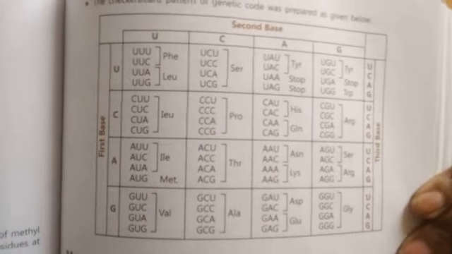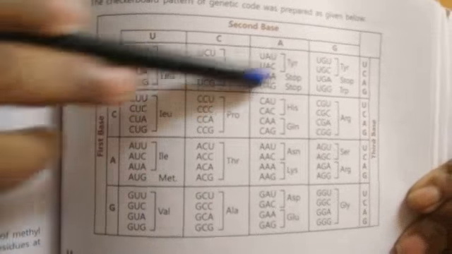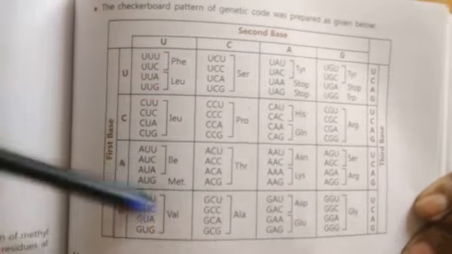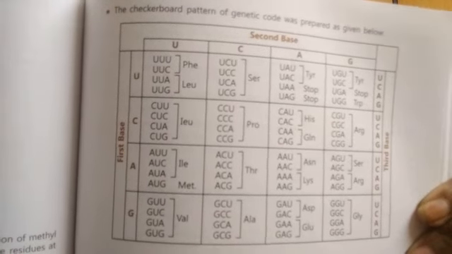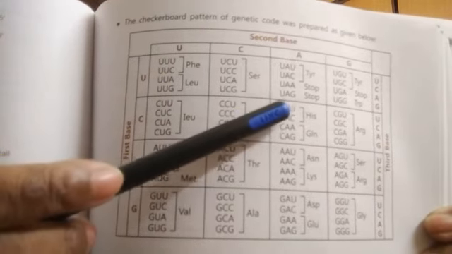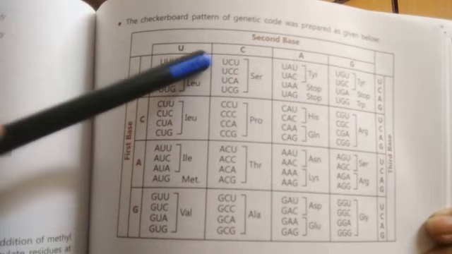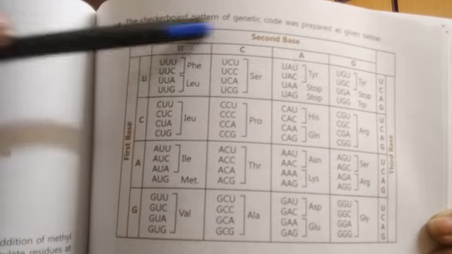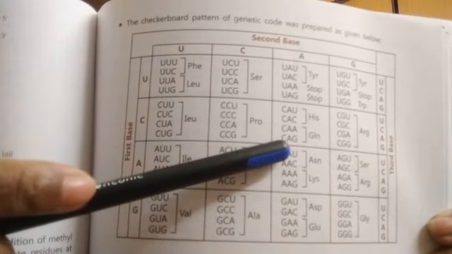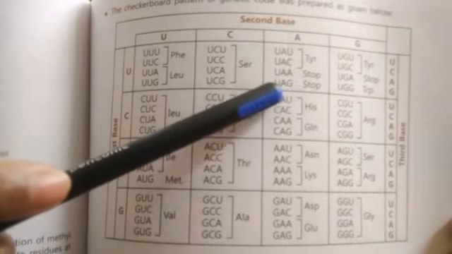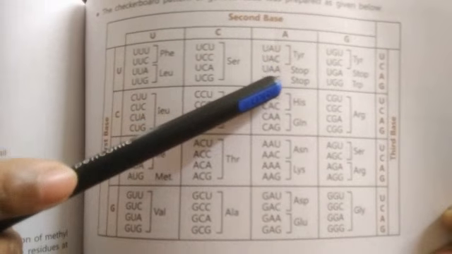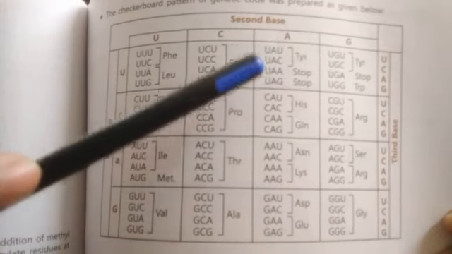Students, here you can see the genetic code. So these are the 64 codons. Clear? These are the 64 codons. Now you can see there are 64 codons, but it is not that all 64 codons are coding for amino acids. Clear? Now you can see here, this is one of the stop codons. These are the stop codons. Clear? These are not coding for amino acid.